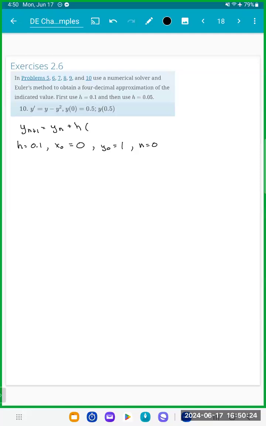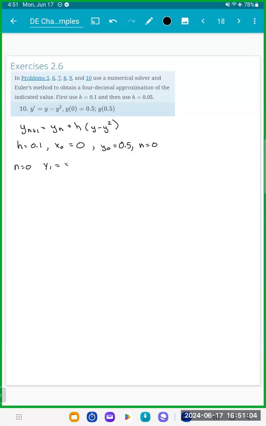And so for this one, our problem here now is y minus y squared. Okay. And so my h, again, we're going to start with 0.1. My x naught is 0, and my y naught now is 0.5, and my n we're going to start out with 0. Okay. So when I look at my n equal to 0,